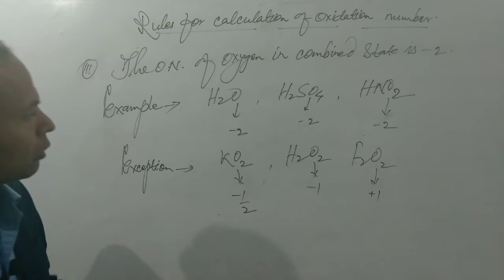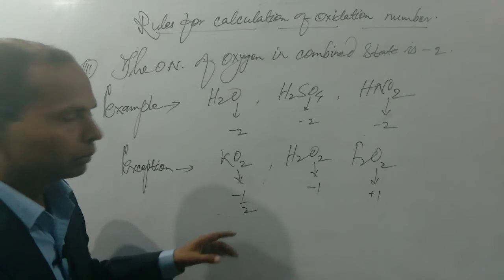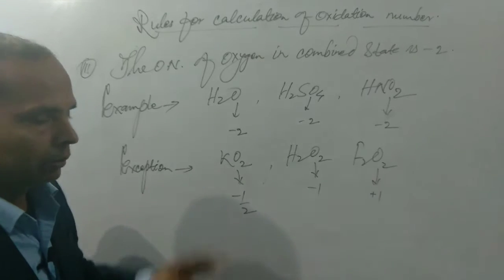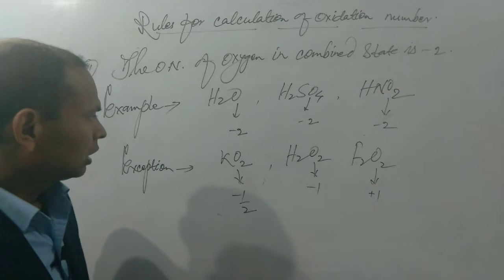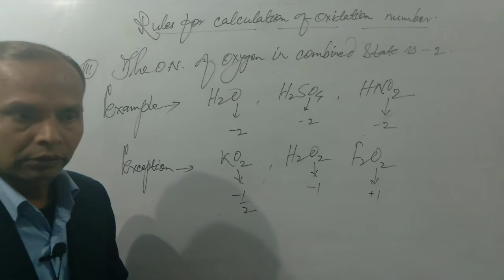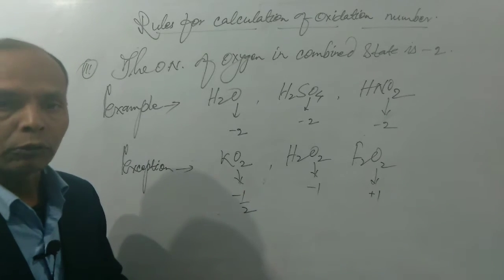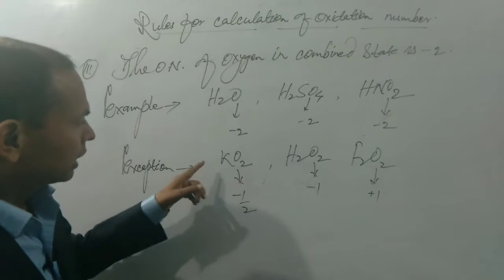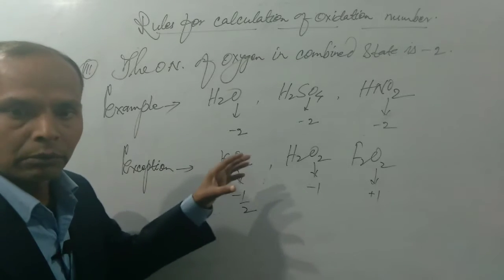Why? The oxidation state of oxygen in potassium superoxide is -1/2 because potassium is an ion and +1 unit charge is present on the potassium atom, because potassium has the tendency to lose 1 electron. So, the oxidation state of oxygen is -1/2. This is for 1 atom only and 2 atoms are present. So, if we calculate the oxidation state of oxygen in 2 atoms, this will be -1. So, the potassium contains +1 unit charge. So, the total number of charges will be 0.